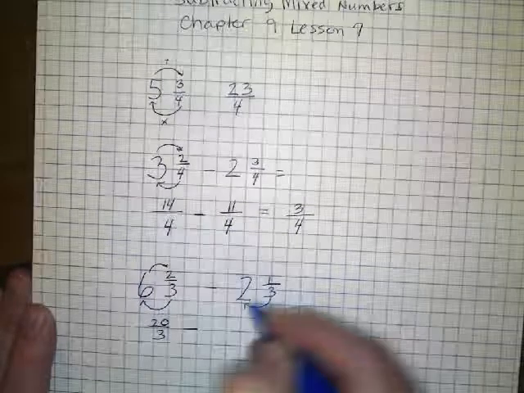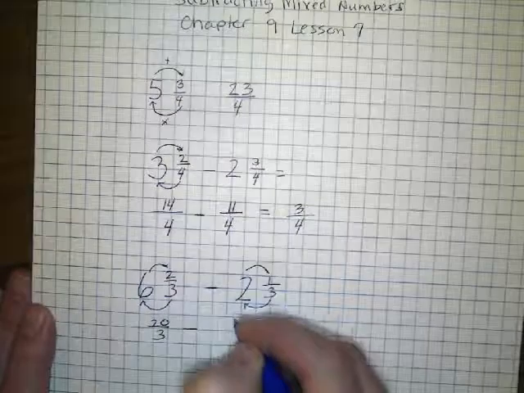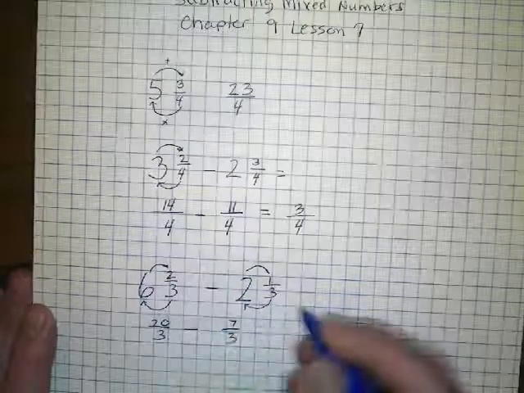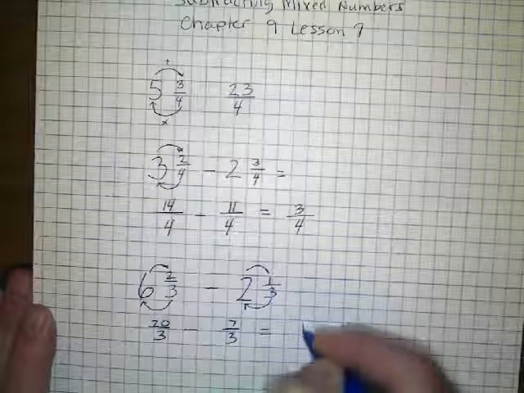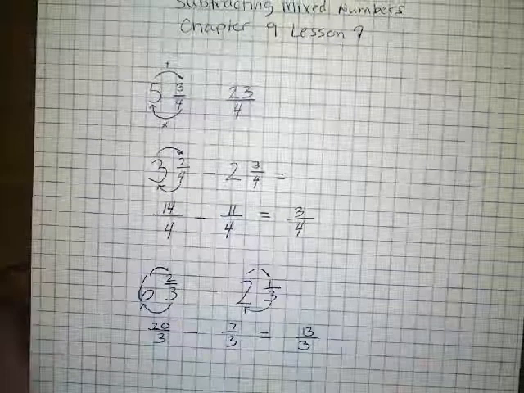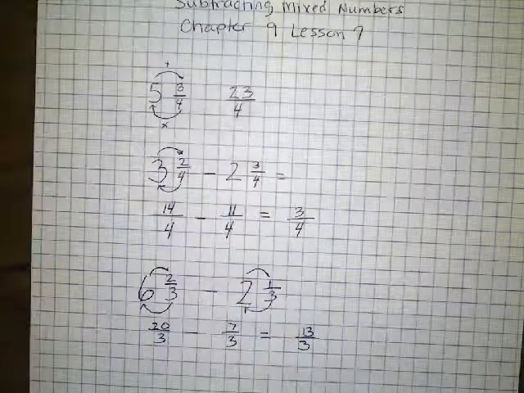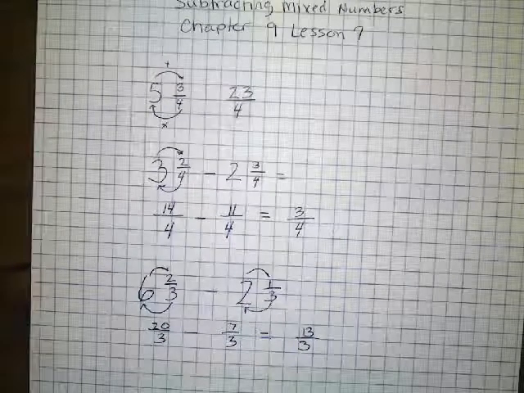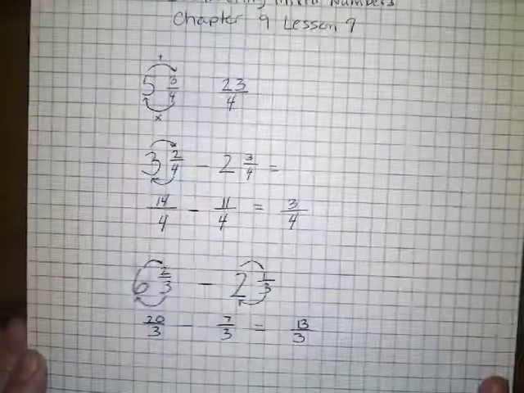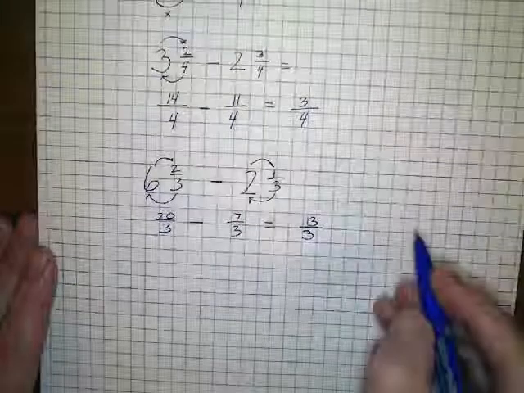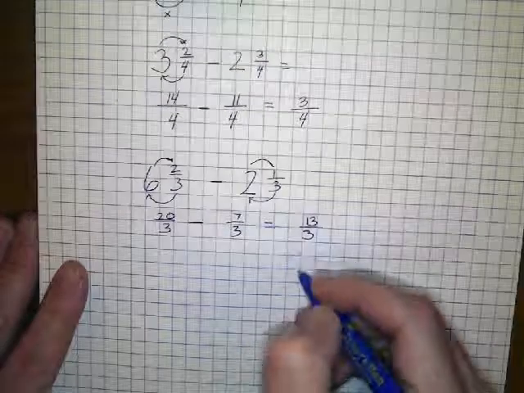3 times 2 is 6, plus 1 is 7/3, and that's going to give us 13/3. Now, we have an improper fraction here. So, we have to take the improper fraction and put it back into a mixed number. So, we will do